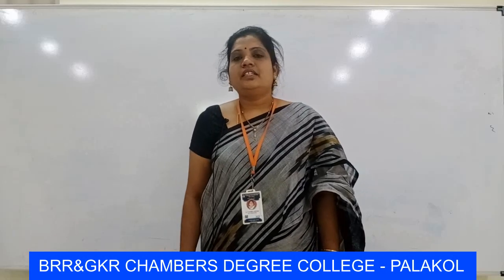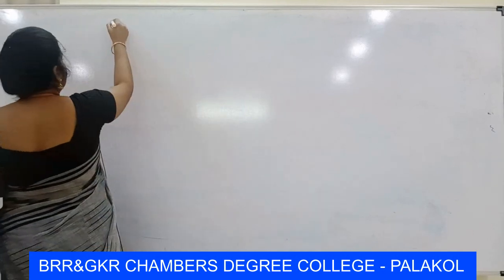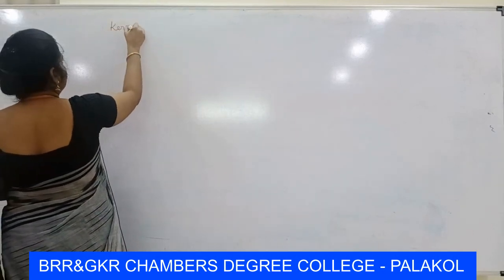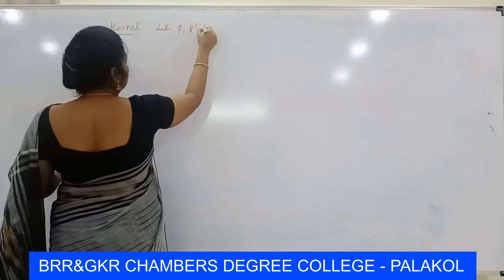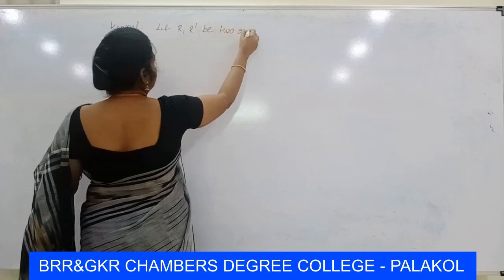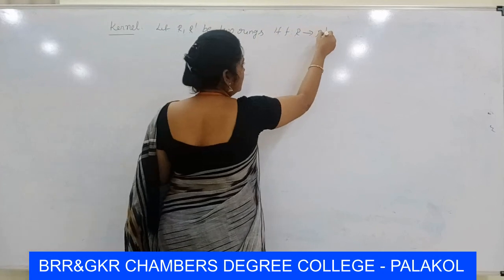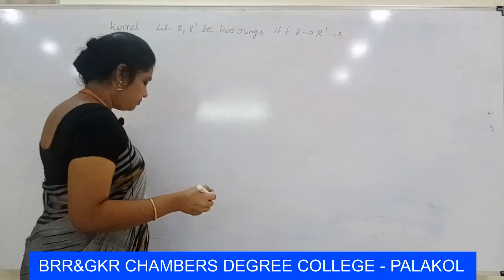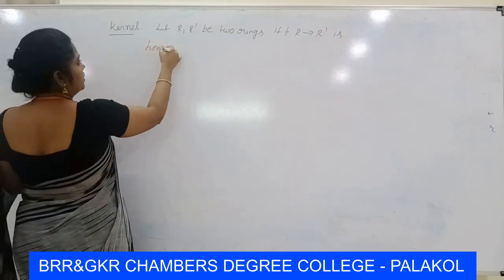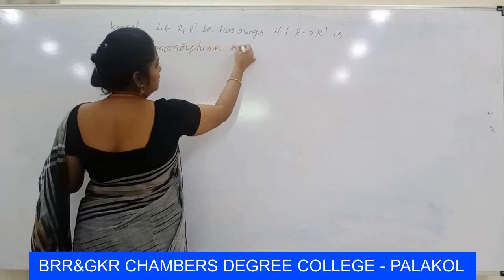Dear students, in this session I will explain the definition of the kernel of the homomorphism F, that is kernel F. Let R, R dash be two rings. If F maps R to R dash is a homomorphism, then this set